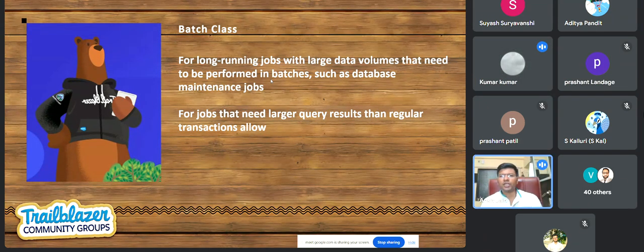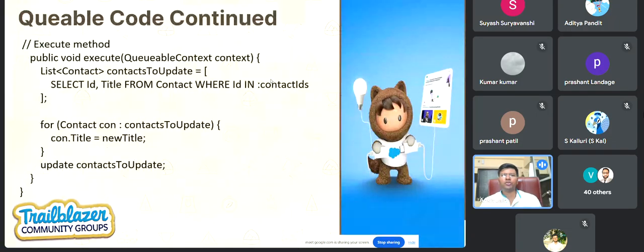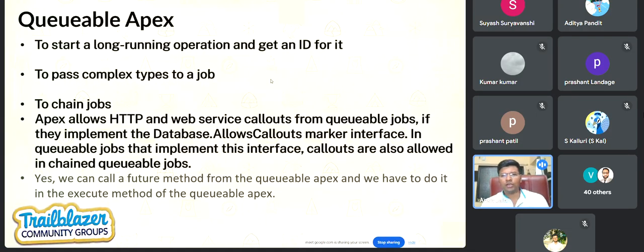No, that's not the approach. Batch class is recommended if you have anything in large volume. That is a very specific use case. For Queueable, the use cases I mentioned earlier should only be three: you want to track it, or you want to chain it. You don't have any volume consideration to take into account while using Queueable. So if your use case is specific to high volume, go with batch class. Don't give a second thought to Queueable.